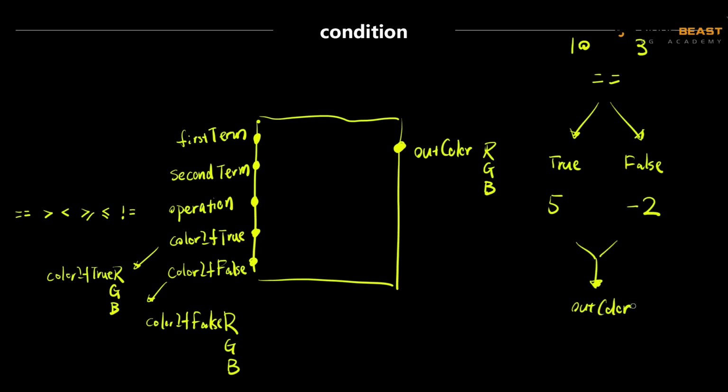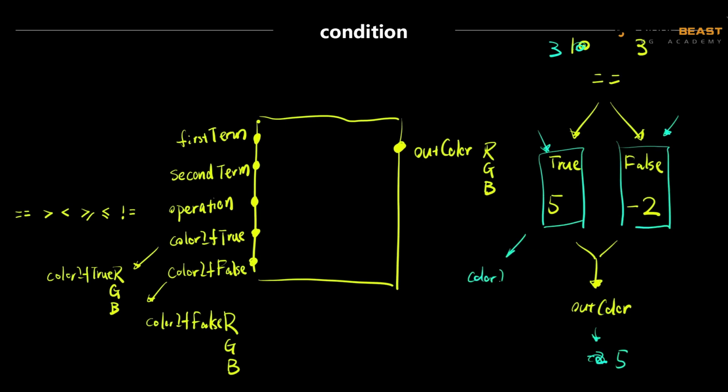So let's compare these two numbers, 10 and 3. 10 and 3 are definitely not equal. So at this point, it goes into the false situation. So here is -2. This -2 value is then passed to outColor. So the final outColor value is -2. Now, if we change the first value to 3, we know 3 and 3 are equal. So now we go into the true situation. The corresponding value is 5. So outColor now becomes 5. Where are these true and false values? It's what we just mentioned: color if true and color if false.